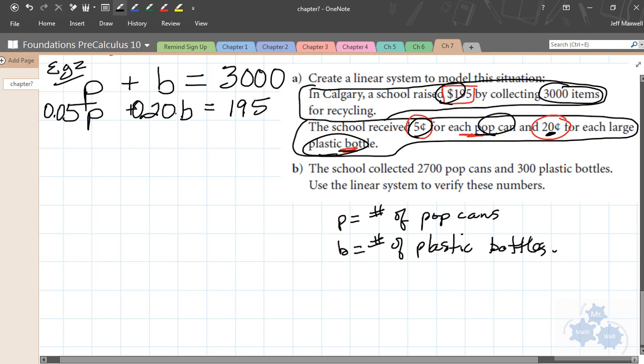Okay, can you change it after you finish the equation? What you can't do, okay, this is what you can't do. You can't say 5p plus 20b equals 195. You cannot do that because you're dealing with cents here and dollars here in the same equation, so that's going to be a totally different line. So no, in a sense, you can't just write it like whatever the question gives you and then change it later. You can't actually do that because this is not the same line. You have to have them both as dollars, like everything in this equation as the same unit, either dollars or